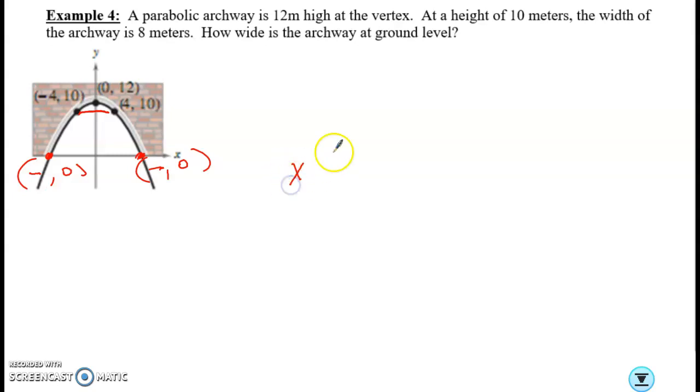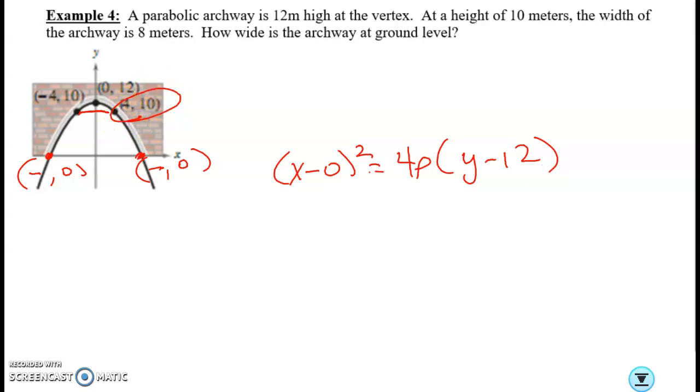Since this is opening up or down, this is going to be x minus 0 quantity squared equals 4 times p times y minus 12. And then put a point in, because we don't know for sure that this is the focal chord. So put a point in. So 4 minus 0